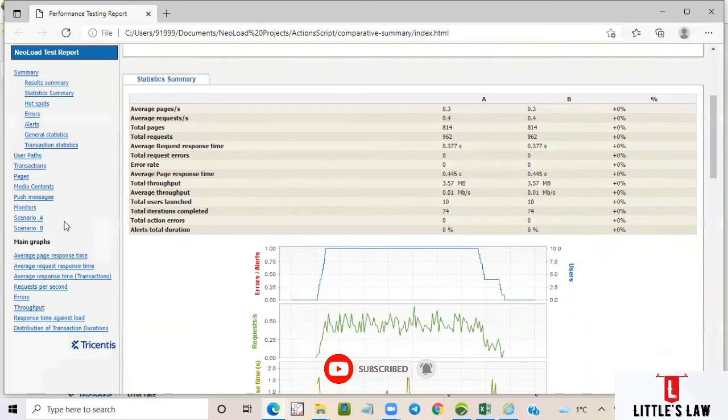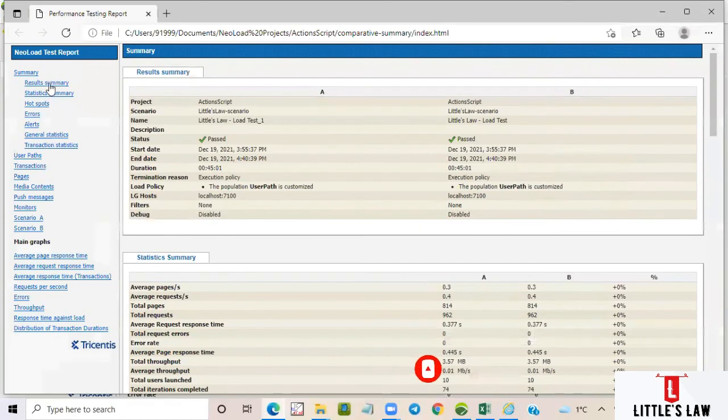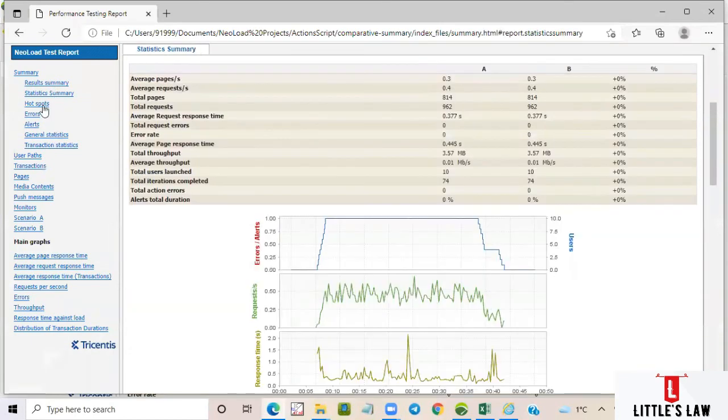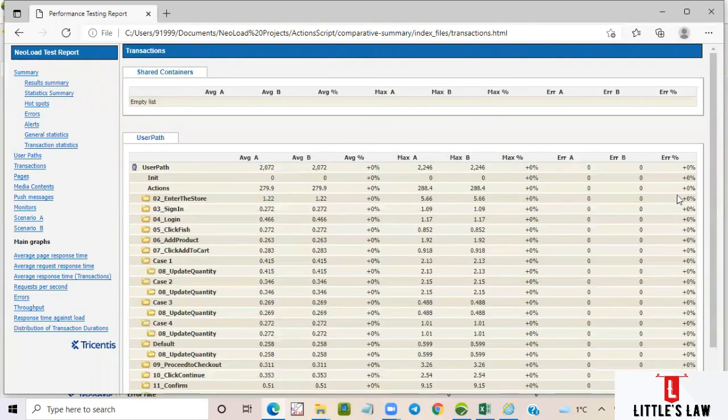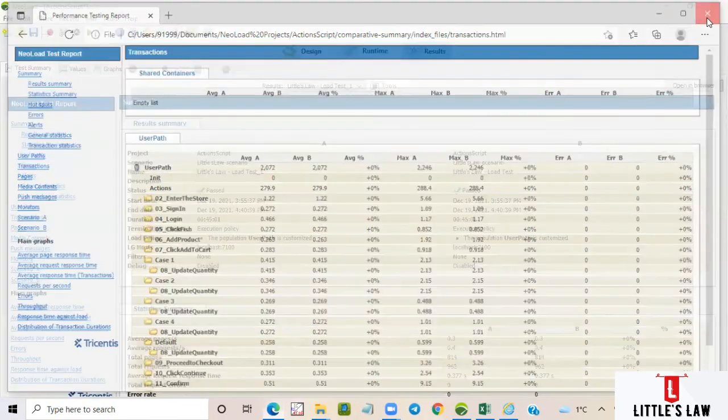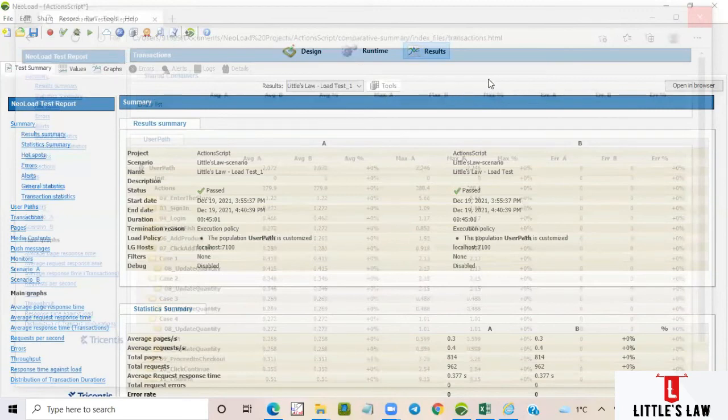The same way, whatever we see in the NeoLoad tool, we have all these summaries in the HTML format. So this is how we can use the reporting part. That's a quick overview about this results part.